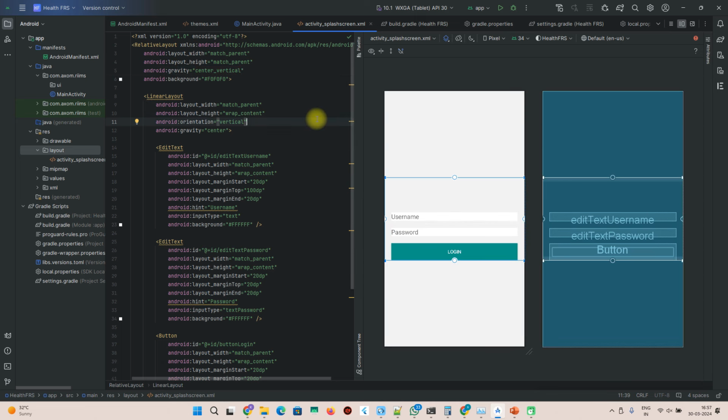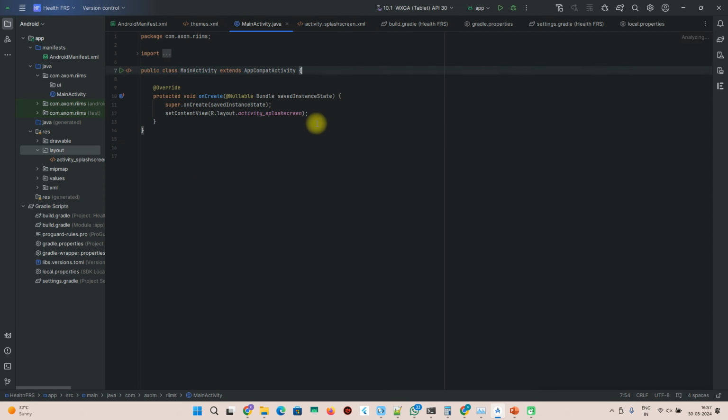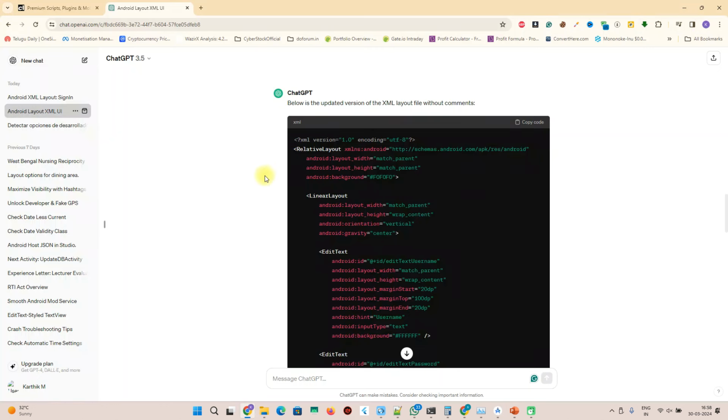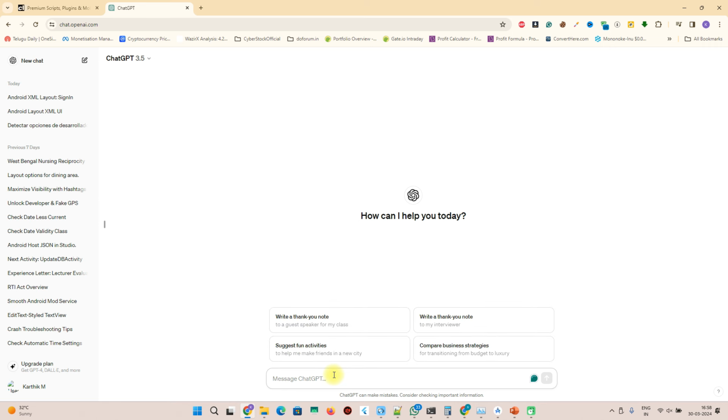Now what I want to remove in this code is, first I want to add a code in this, that is, if developer options are enabled in your Android device, this app will detect and show the dialog to disable the developer options. So what I will do is, I will remove this part of the code by decompiling the APK. So first we will go to ChatGPT again, open a new chat and ask ChatGPT to give me code,